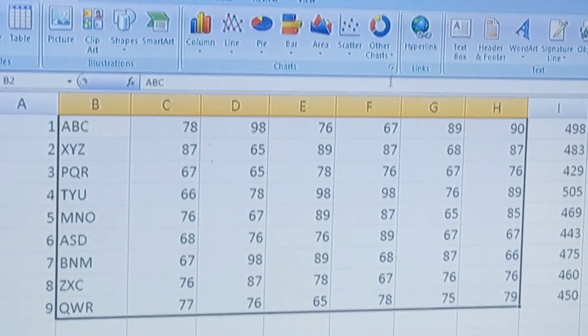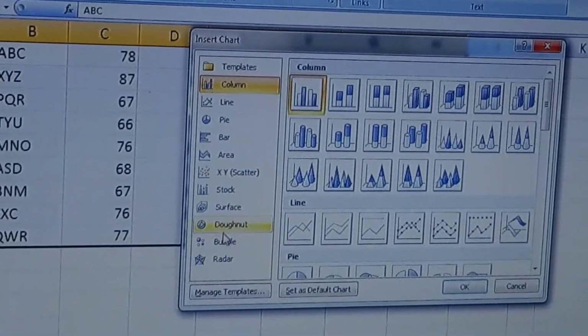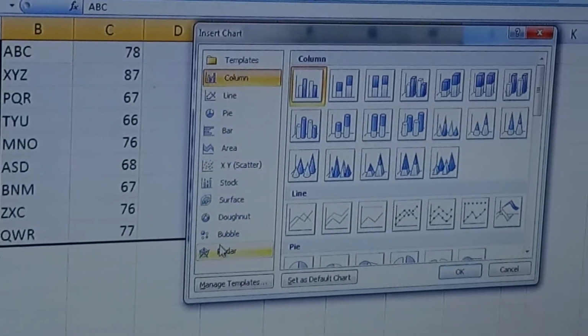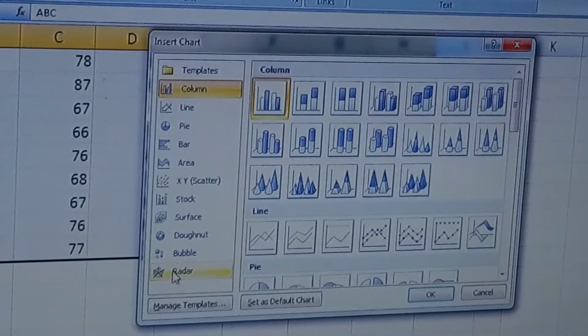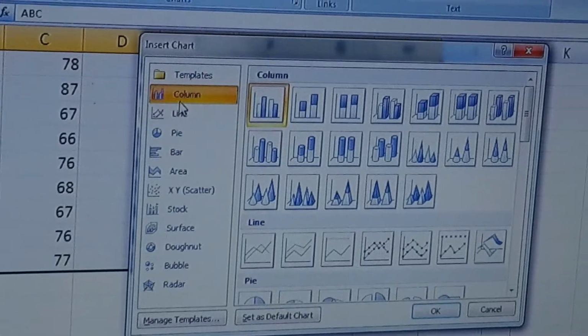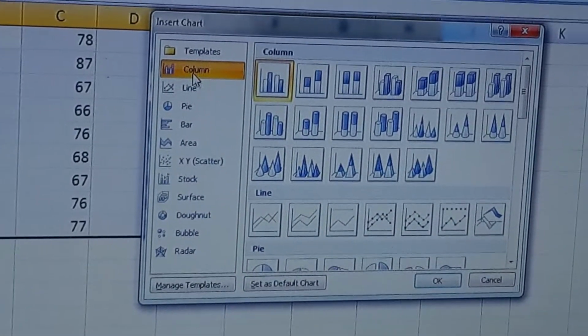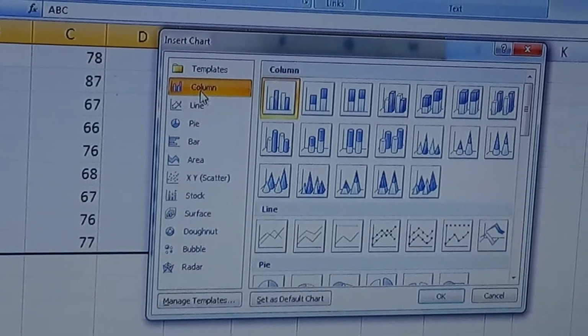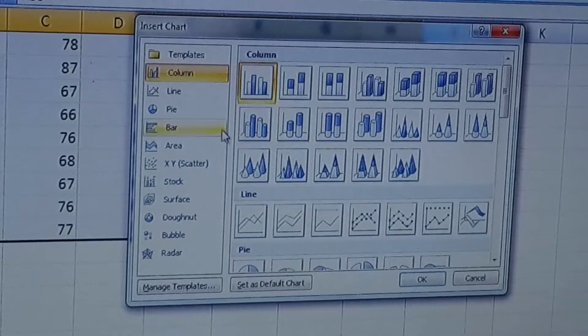Now insert. Suppose I select here. You can select different types of chart. Here are 24 types of chart, and some charts have subtypes of charts. You have to learn about them. Column chart has 2D, and there is a combination of 2D and 3D. There are column, cone, cylindrical.